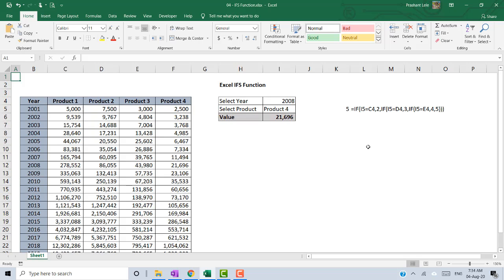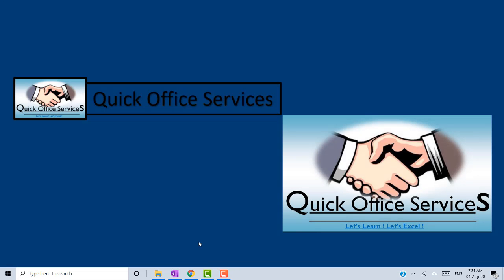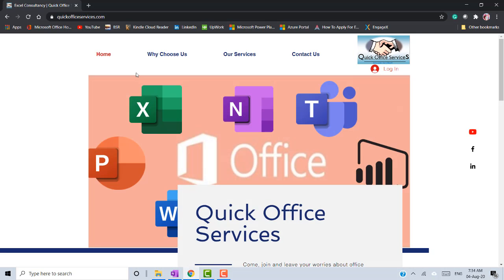Now it is called Microsoft 365; earlier it used to be called Office 365. So let's go to my OneDrive and open the file there. I have saved this same file into my OneDrive, and we will open it from Office 365. So I am closing this file by saving it.